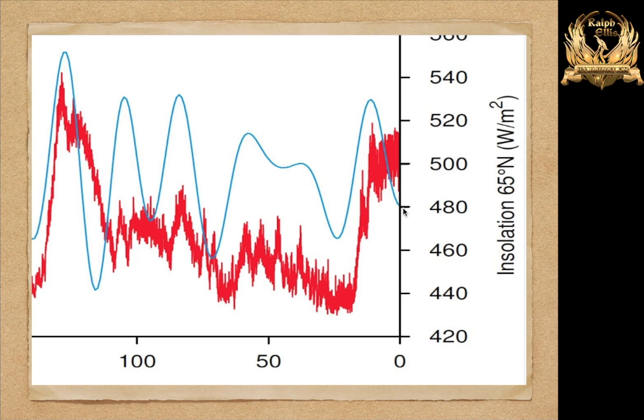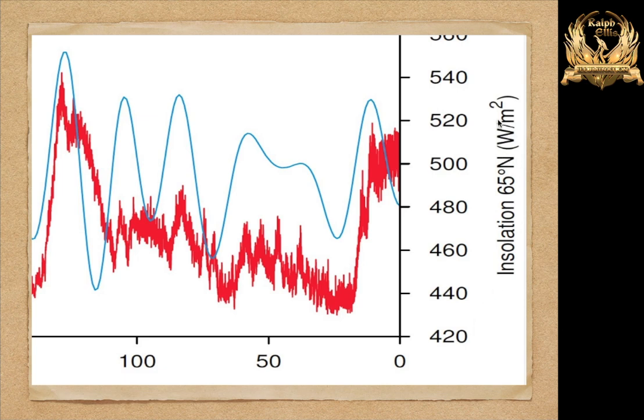And that is the blue line here. That is the sun strength going back over 100,000 years. So at the bottom here, we have 50,000 years ago, 100,000 years ago. And here on the right, we have the sun strength at that latitude,